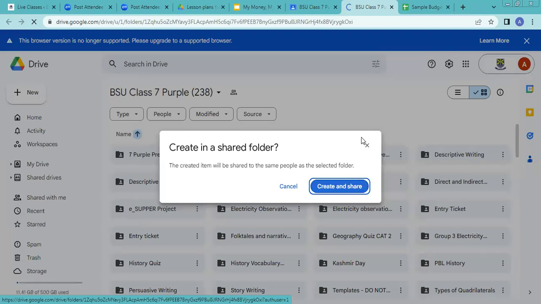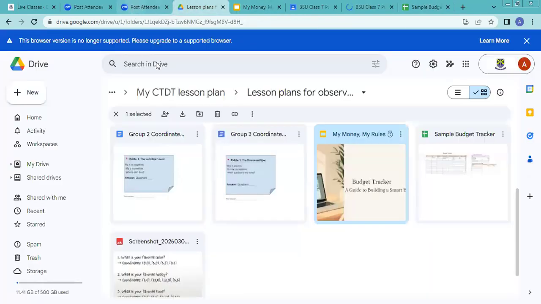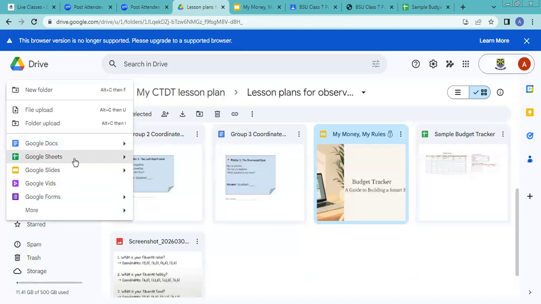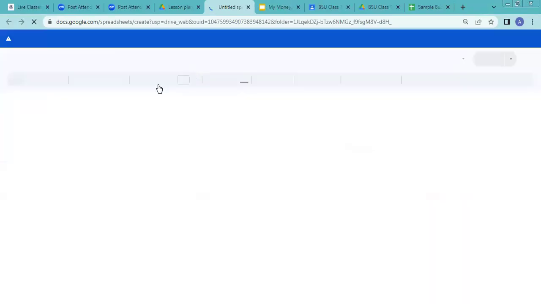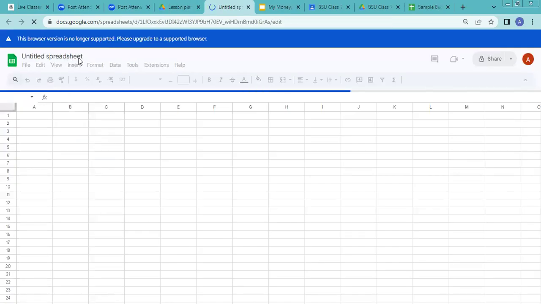Create and share. So I'm not creating here. I am rather creating in my own folder. I'm just sharing with you that I am making it in my own folder. So I'm making this little sheet. Here, first of all, your task is to write the name of your budget tracker. So this budget tracker would be